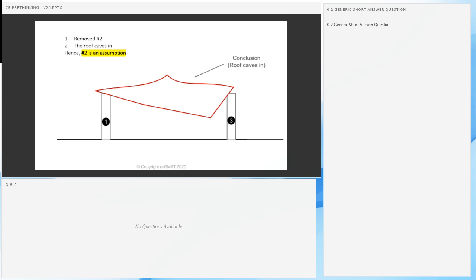And the reason I want to really talk about this is because when you look at your answer choices, there are many statements that may seem like an assumption. They increase your belief in the conclusion, but they're not the correct answer. They're like pillars number one and three. They're what we call strengtheners, as potential answer choices in an assumption argument. A strengthener does increase your belief, but it's not a must-be-true pillar. It's not that required pillar. And that I think is a really, really critical distinction. And we're going to see that through four examples later on in this webinar.